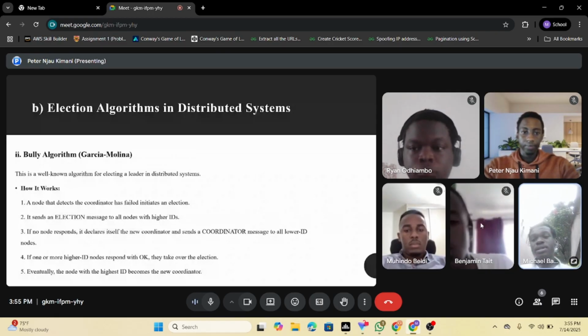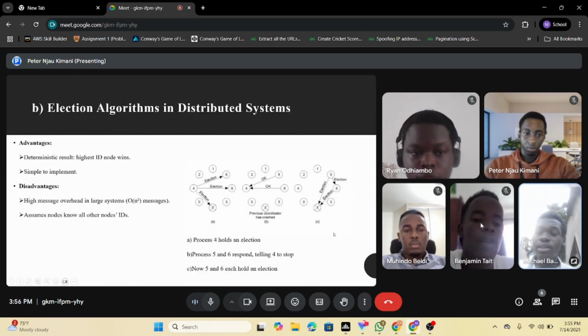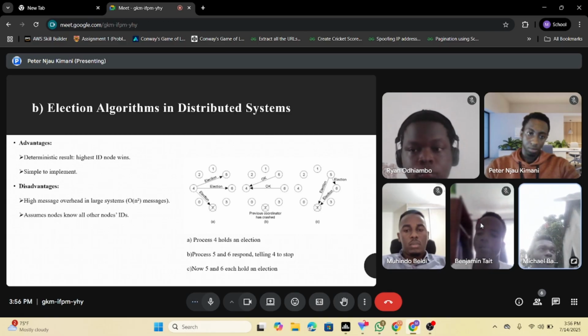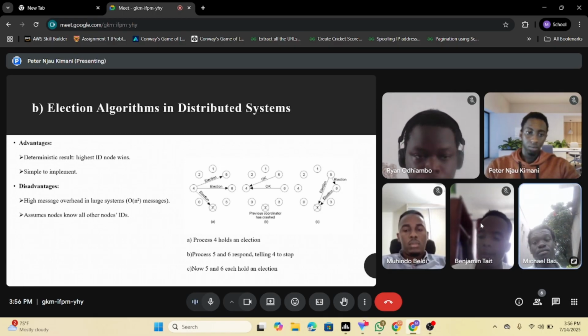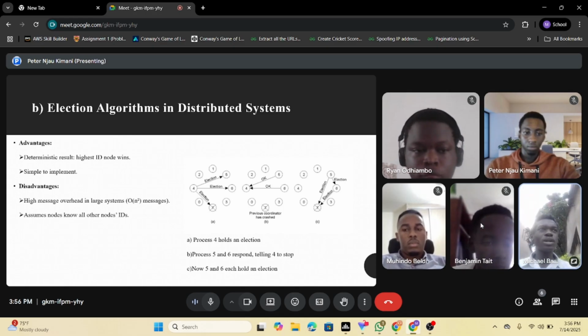So yeah, that's basically it when it comes to the Bully algorithm, and you can see why it's called the Bully algorithm. Now, what are the advantages? It is a deterministic result because basically the node with the highest ID wins. If nobody responds from up, then I'll be the one with the highest ID by then, as in who has responded, so I win. And number 2, it is easy to implement because you can see we only have 2